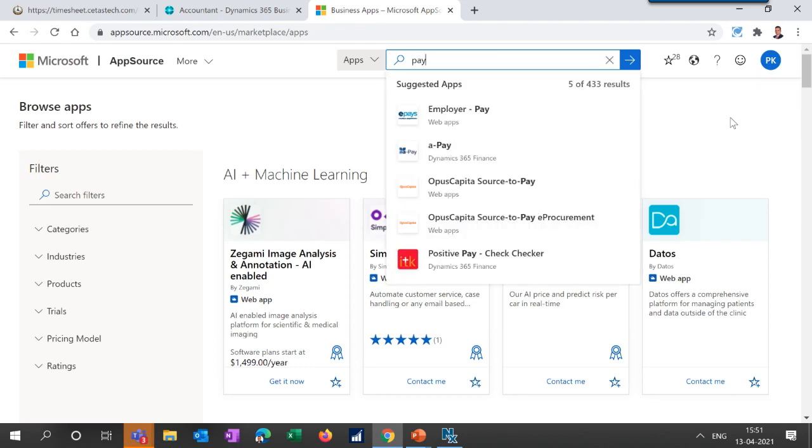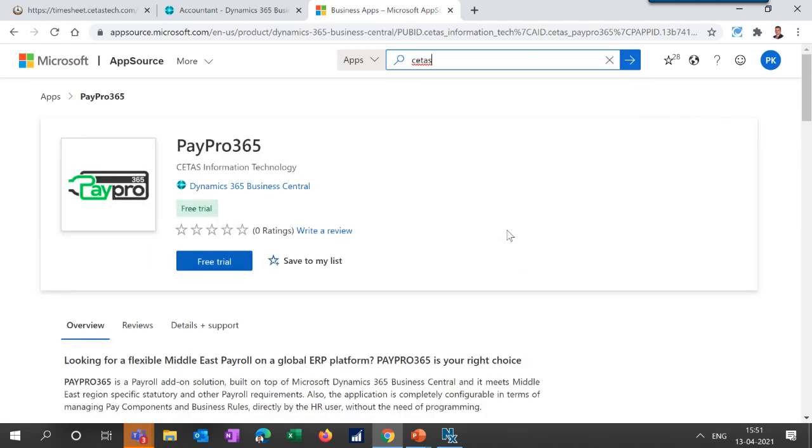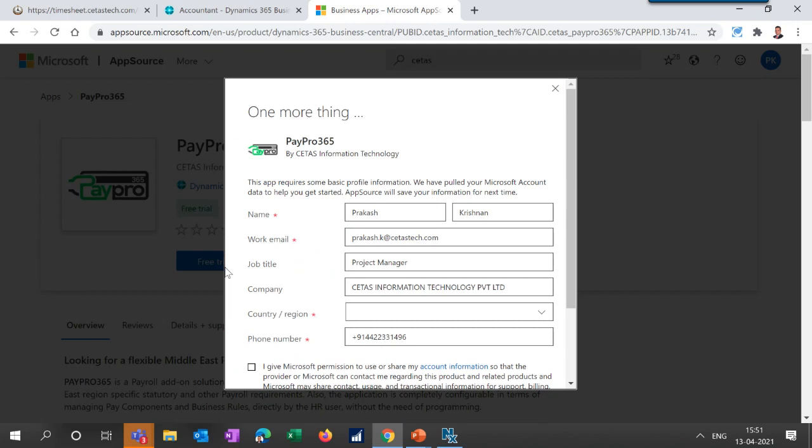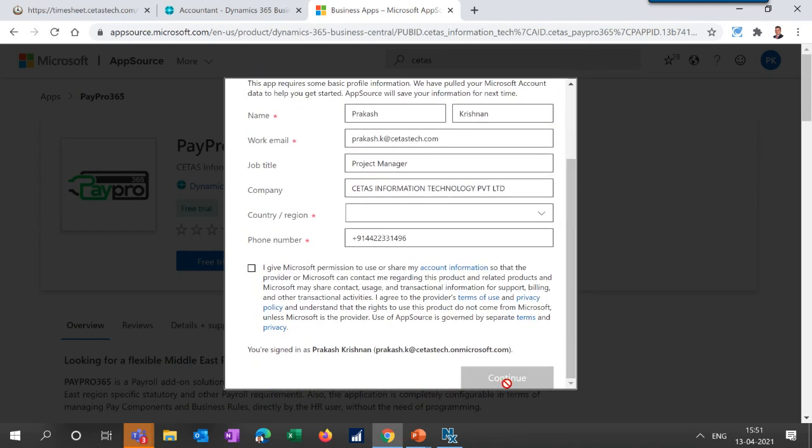Sure. You can search by the company name. You can opt for the free trial from the App Source. You can search for PayPro and choose the free trial option, and it will ask you for your email information. Once you fill in that information, you can continue, so that you can add this add-on to your Business Central environment.